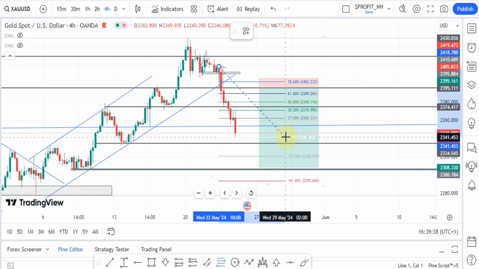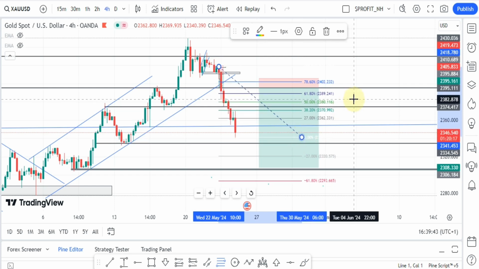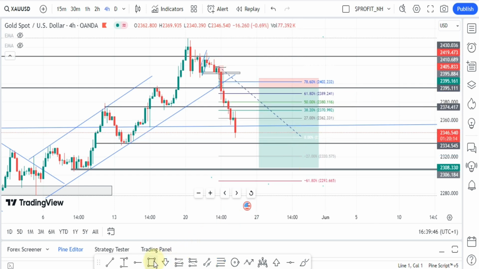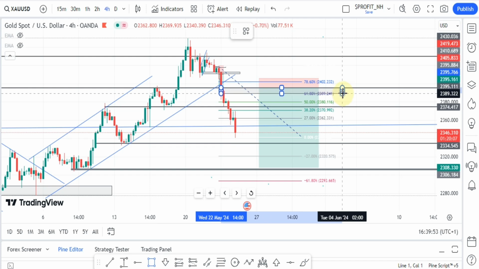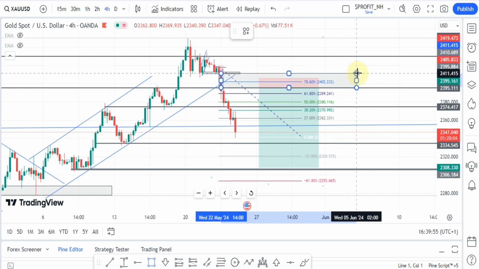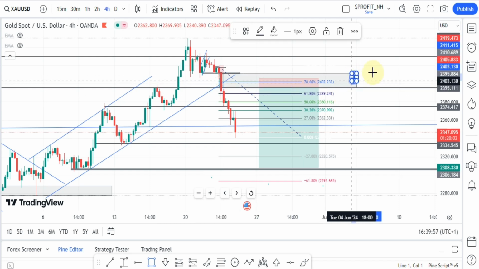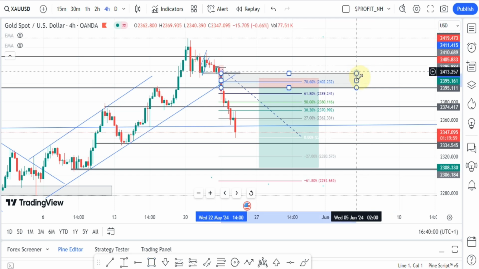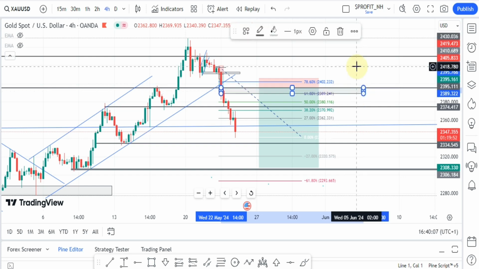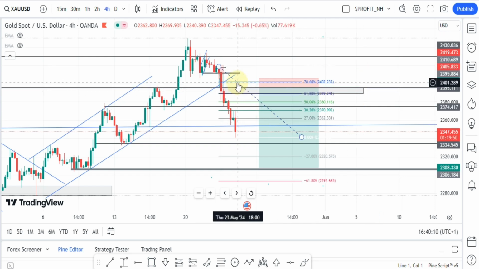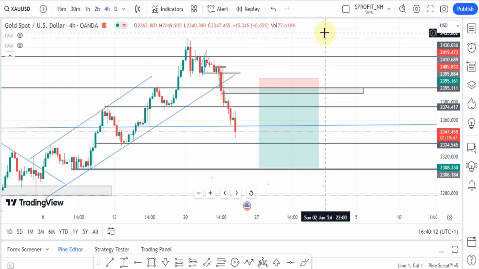So if this market does come all the way to this area, let me show you my key area at this point. If this market does come back to this area up here, this is my key area. This is the area that I'm expecting this market to go up to before we continue pushing to the downside. This area up here is the 61.8 area. So if it does come to this area, then I will take my entry from here,